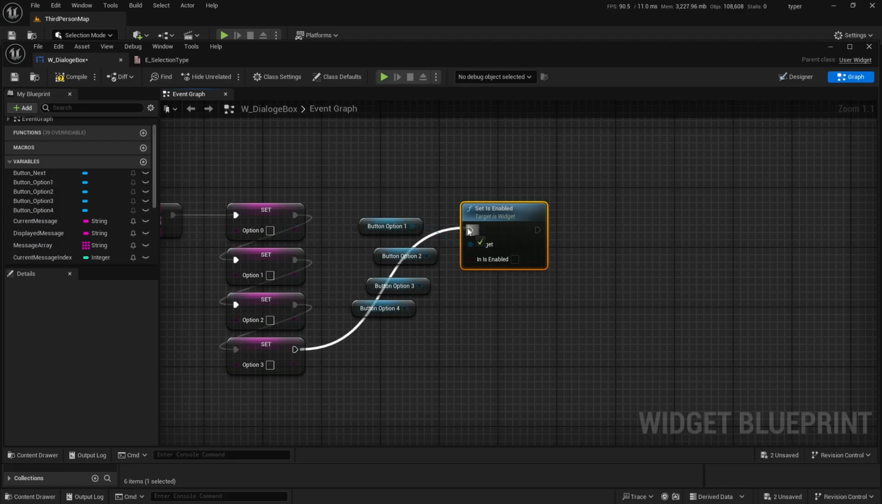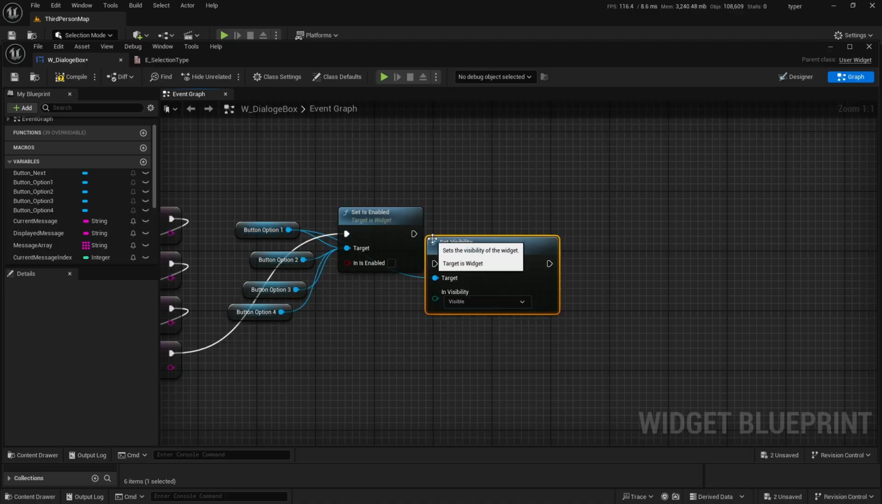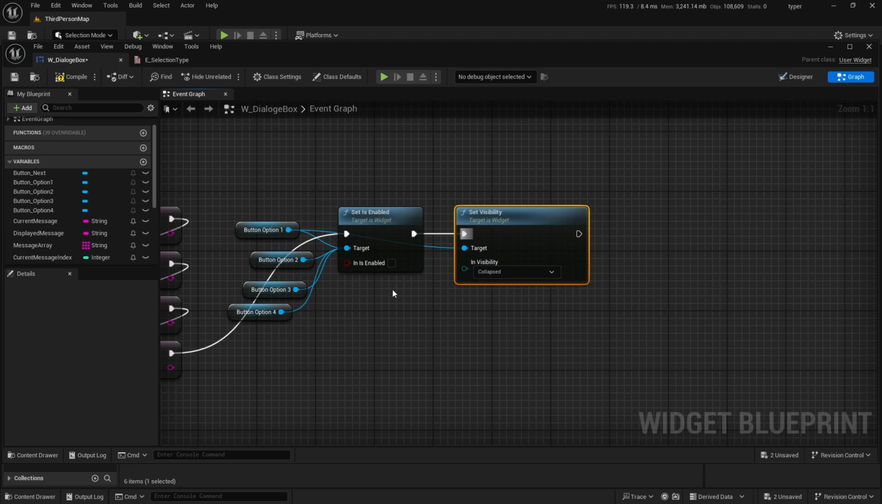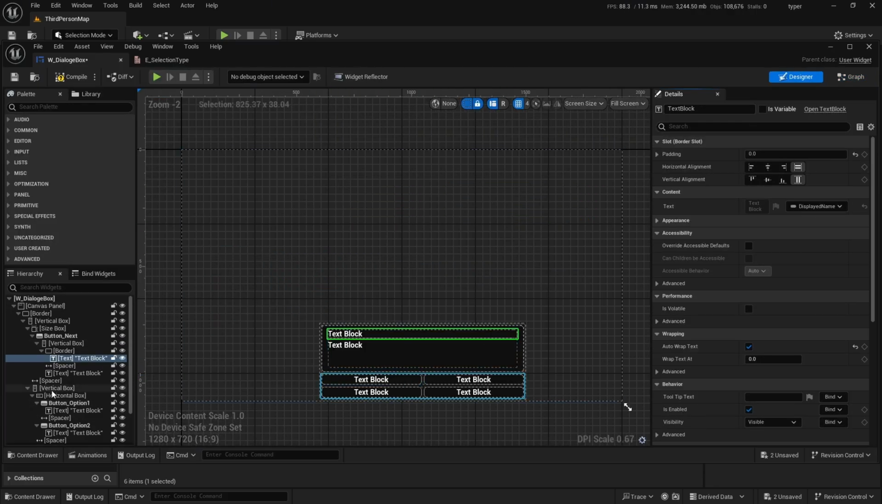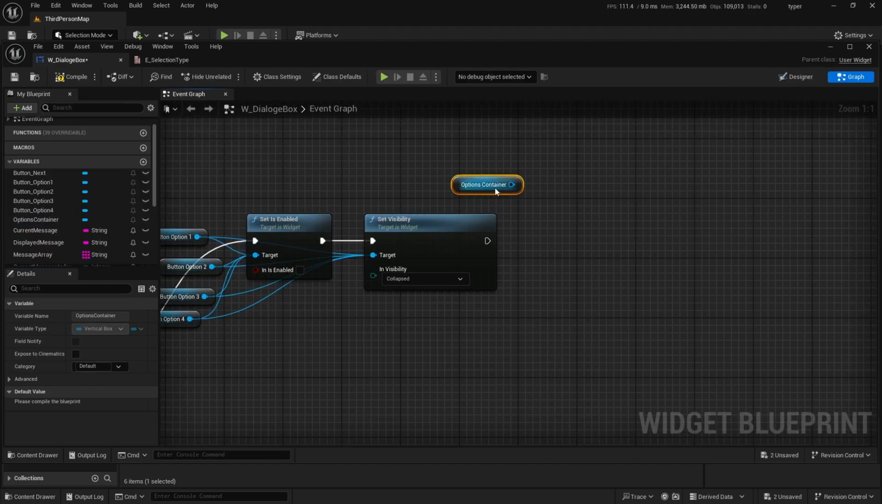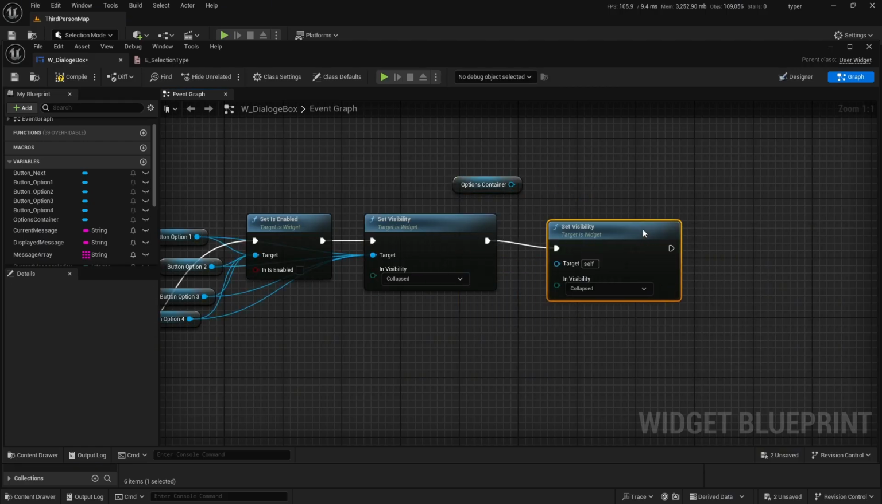So once this last option has been set back to 0, set enabled to false. Set visibility. I do collapsed here. So we're going to link all of those up into collapsed. And then if you want it to look a little bit better, what I did is I took this vertical box. I called this options container. I made it a variable. So now I can take that options container and I can set its visibility to collapsed as well. That way we don't have a bunch of blank space in there